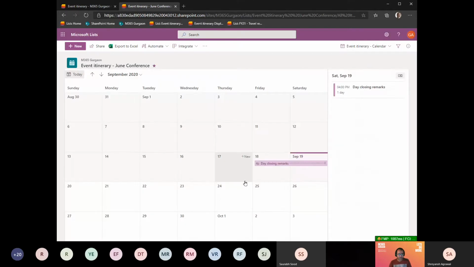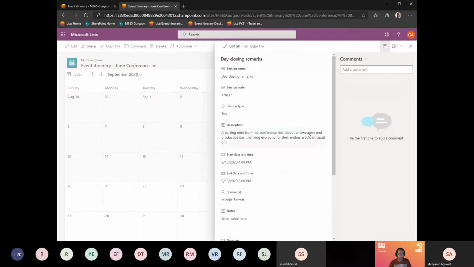So the view is created for me, and it automatically lands me to the current month. You can notice that one of the items is visible here, and then there is a pane on the right side, which actually shows you all the items for the current day. I can choose different days, and the agenda pane, the right side pane, will actually show me all of the items for all those dates. I can also click on that item, and that will select the item. I can double click on that item and it will open the edit form that we are already familiar with.